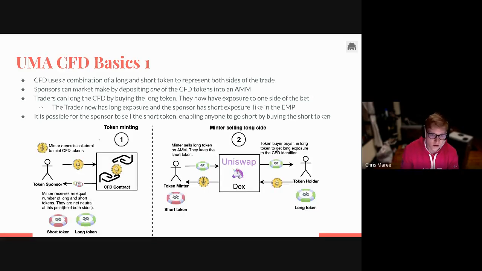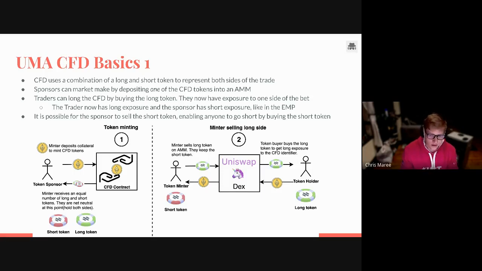So the basic way that this flow would work is that the minter would deposit collateral, they would get back long tokens and short tokens, and those are minted in equal number. And the reason that is done is because you actually want the risk profile at minting to be neutral. So if you create a position, you deposit a certain amount of collateral, you get back both tokens, you're not necessarily long or short, just like you would be in an EMP if you have a position and you haven't sold any